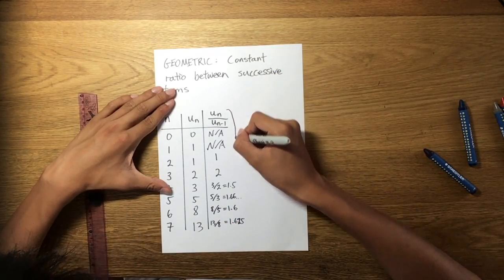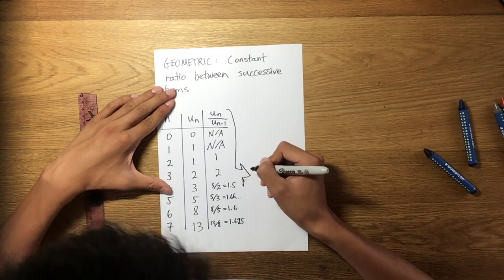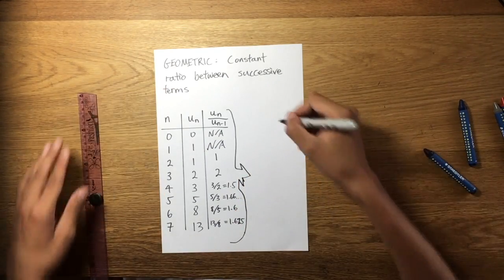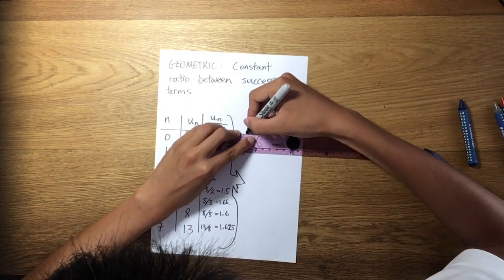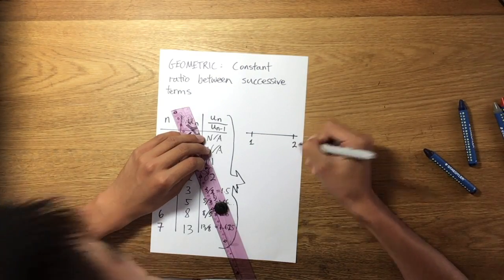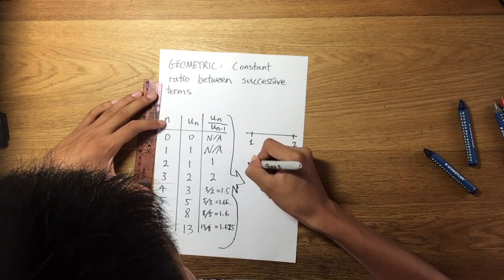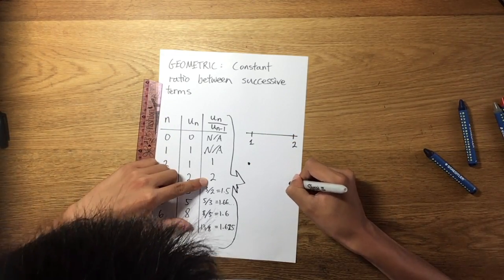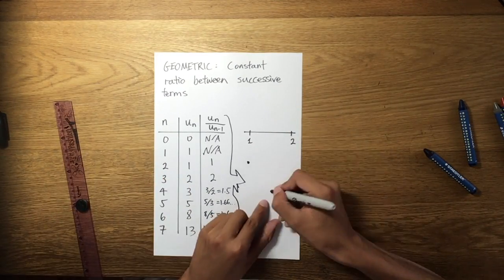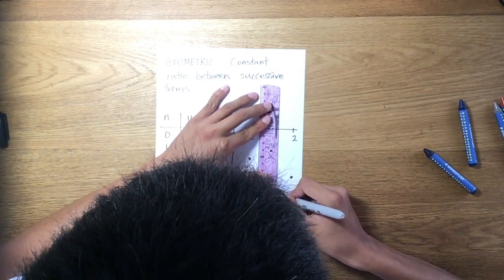For that, let's plot the ratios on a number line. So you could see that as we increase the terms that we're considering, as we consider the ratio between terms which are farther and farther down the Fibonacci sequence, on our plot we see that there seems to be some constant ratio that this ratio is approaching, that is somewhere between 1.6 and 1.7. And although it doesn't seem to quite reach this